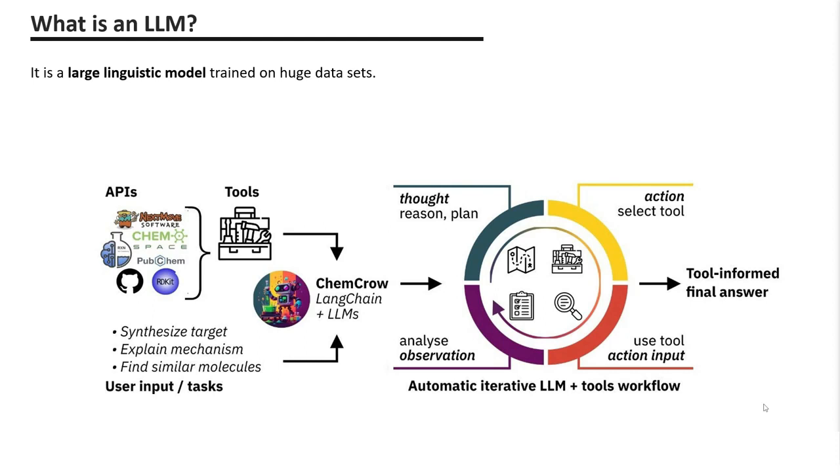Therefore, although large language models were initially designed solely to answer user questions based on their trained knowledge, these models now possess much more advanced capabilities. They can leverage a range of tools, APIs, and additional libraries like LangChain to conduct searches, gather additional information, and generate complex processing plans.